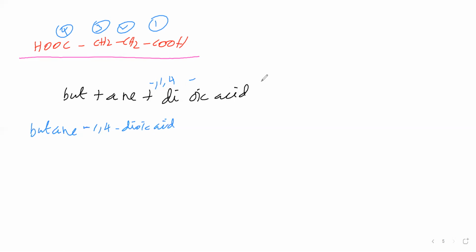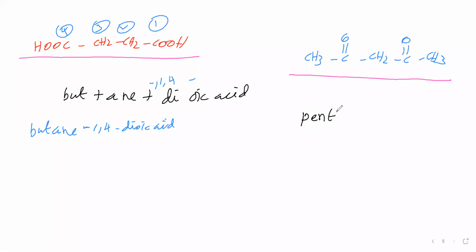Next compound we will take, that is CH3 CO CH2 CO CH3. Here the functional group is ketone, both are ketone only, 2 times ketone is present. Now it is a parent chain. This parent chain contains totally 5 carbons, therefore pent. The primary suffix is ane, because carbon single bond. The secondary suffix is one, and since it is 2 times, therefore dione.